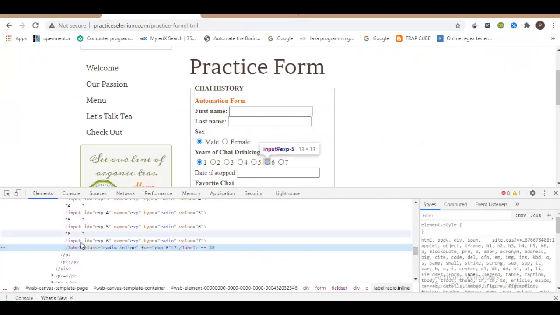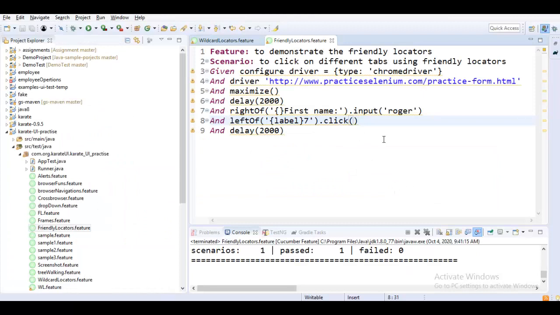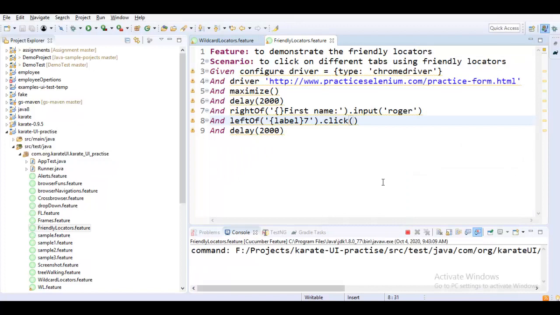Again I need not chain, because the label will go ahead and find the element which is present left towards it, and I told you that if I don't chain this operation, by default it would be an input one. Since it is also an input one, I'm not really considering this as a risk. So let me just run it. It should still work whether or not I chain it.